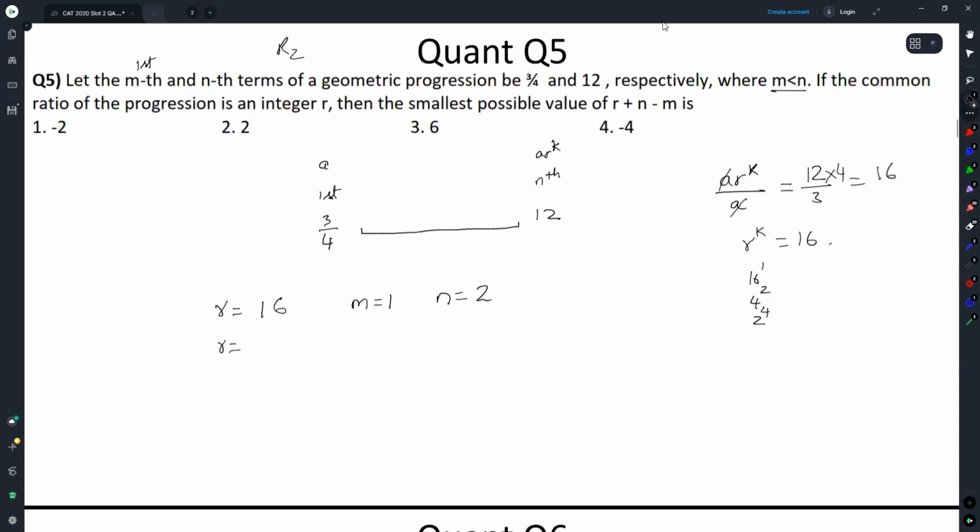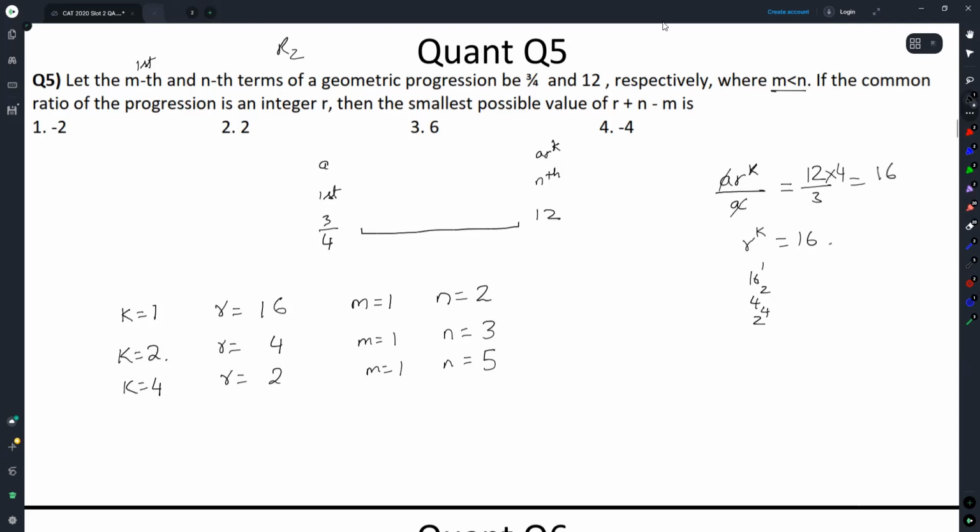And then r could be equal to 4. Oh, let me also record this. k is equal to 1. k is equal to 2 here, no? Nice. So m is equal to 1, n is equal to 3, r is equal to 2, m is equal to 1, k is equal to 4. So n will be equal to